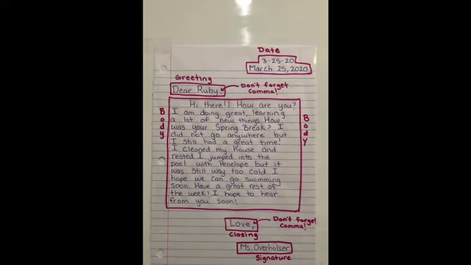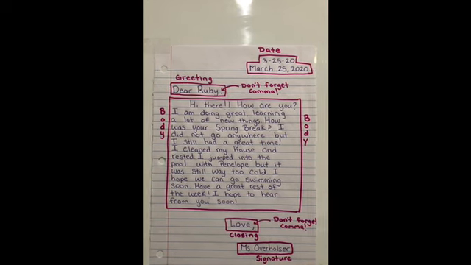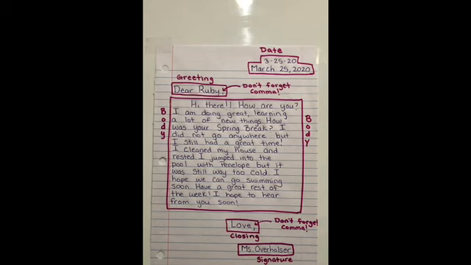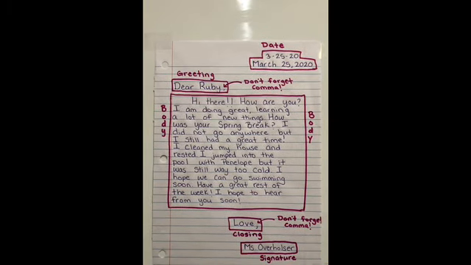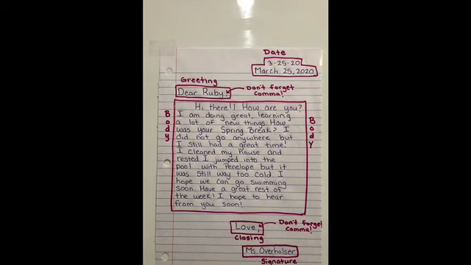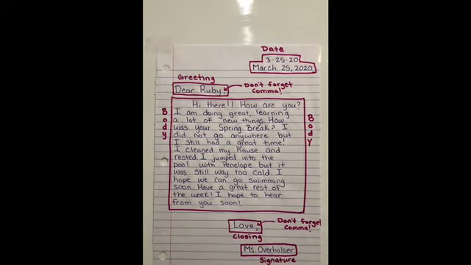All right, so let's just review again. There are 5 main parts of a letter. We have our date, which goes at the top right-hand corner. Then you have your greeting. Please don't forget capital letters and your comma. Then you move down